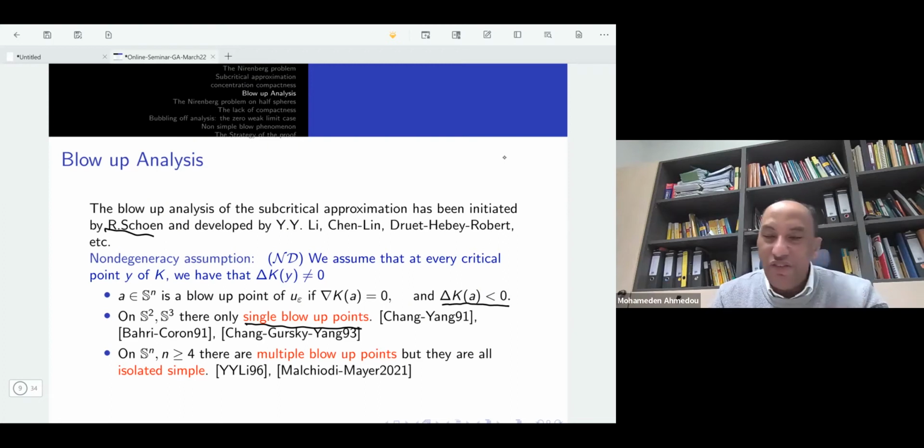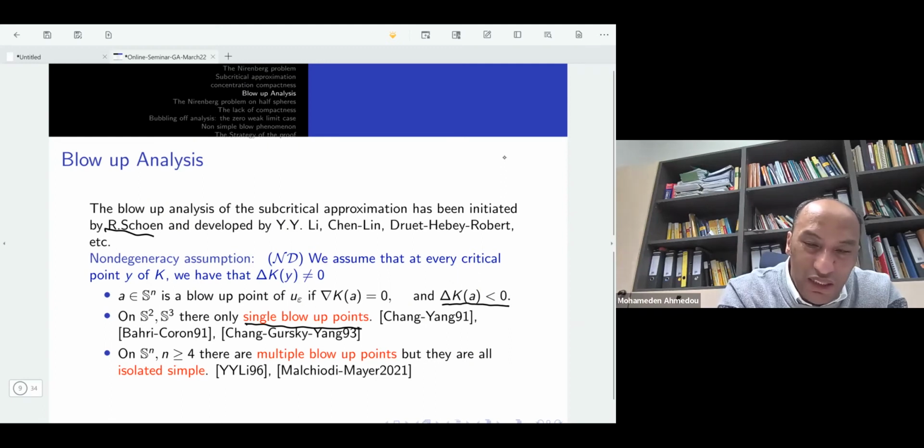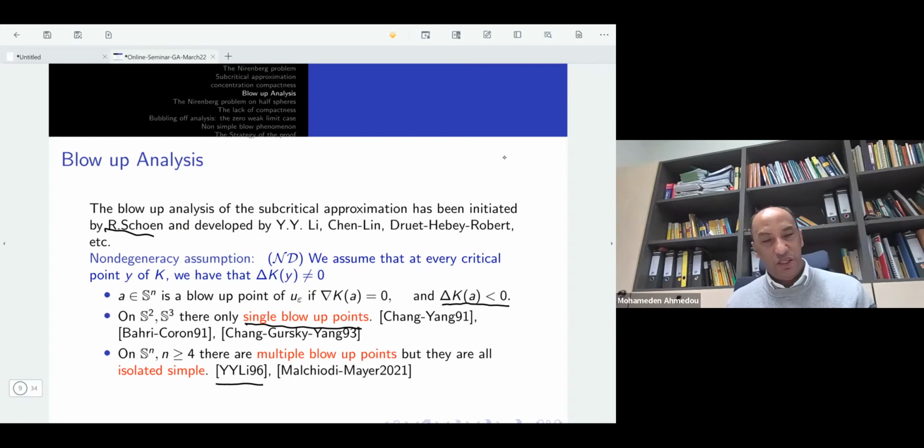This is a very long history. It starts with a paper by Yang Li in 1996, where he proved this claim for n equal to 4. Then for n bigger than or equal to 5, he made some flatness condition, which actually violates this condition here, because flatness conditions are not generic conditions. This one is a generic condition, satisfied for almost every function. And then the